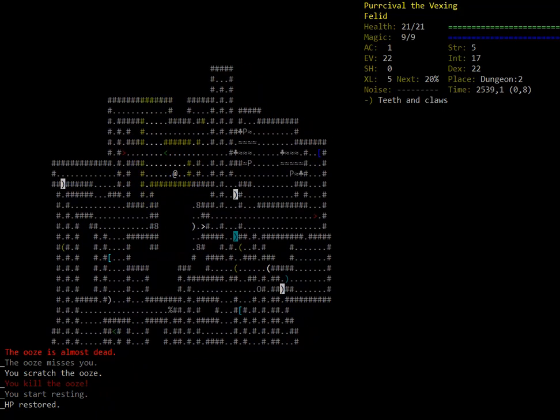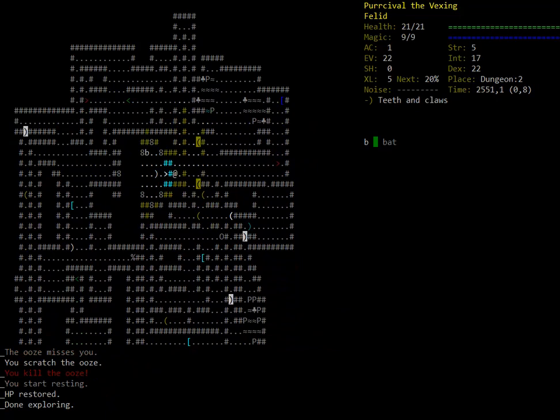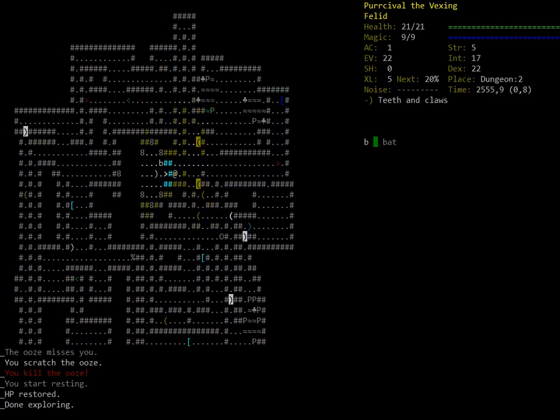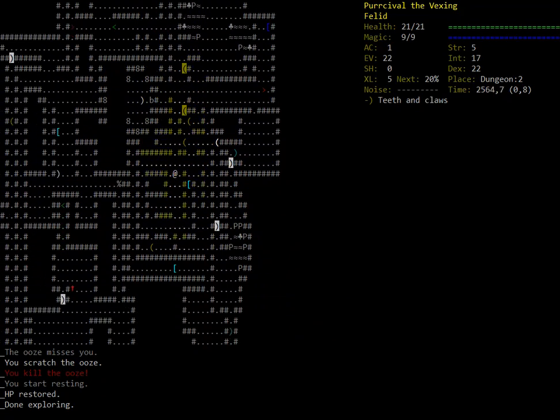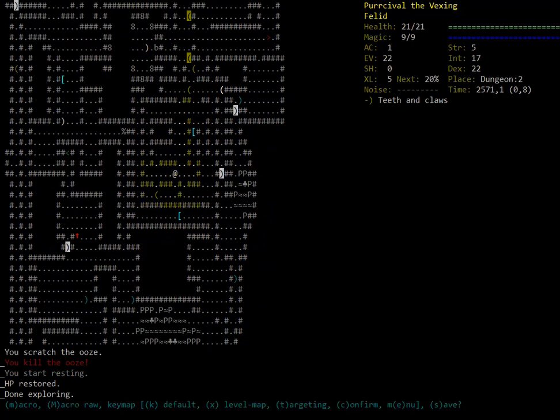Let's look for... Wait a second. There is part of the level I can't reach. Yeah, this is behind glass. There is a stair. And a bat, by the way. I wonder how you're supposed to reach that. I guess I could blink in there. But shouldn't there be another stairway down? Am I crazy? I feel like there's a way to...